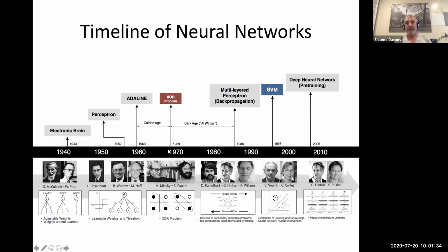And so it took a long time, this dark age of neural networks, until backpropagation and multi-layers re-emerged, and again the classical support vector machine was the big time of the 90s and the beginning of the millennium, only until the generative abilities of neural networks came again.